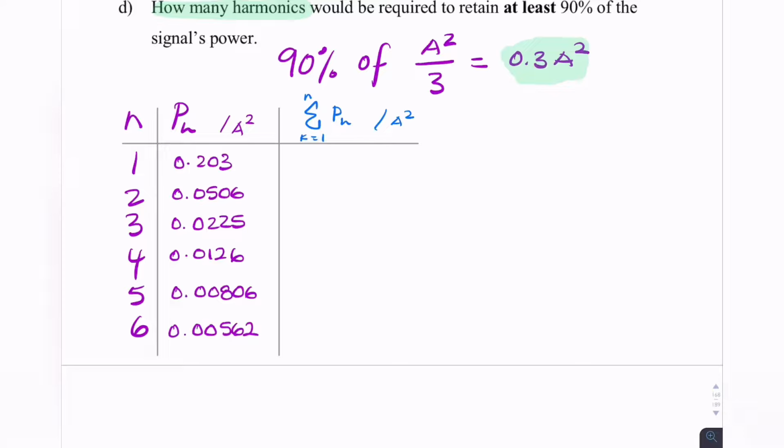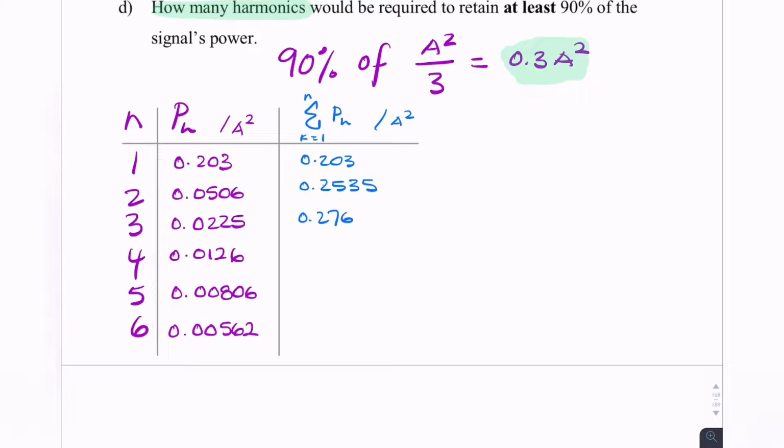So the first harmonic is simply 0.2. If you add the second harmonic, so you add these two together, you get 0.2535, and you add the first three together, you get